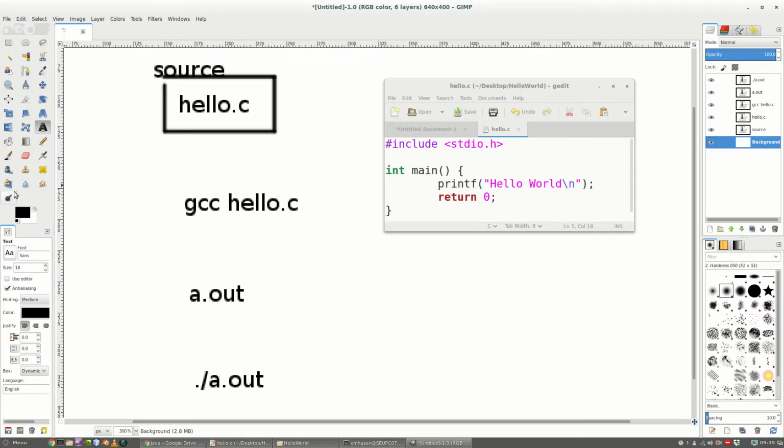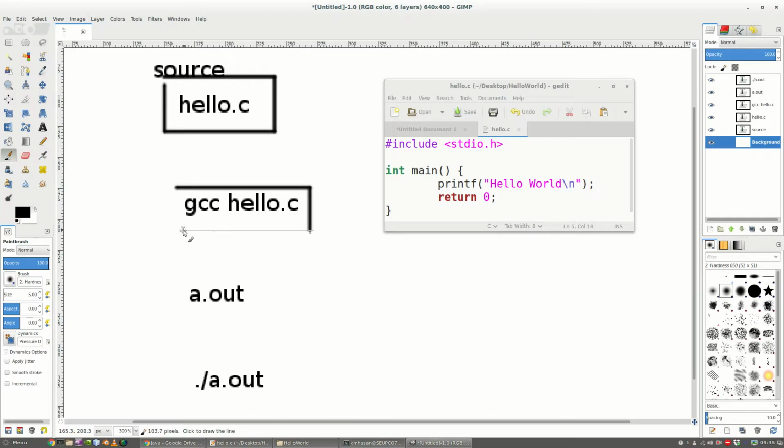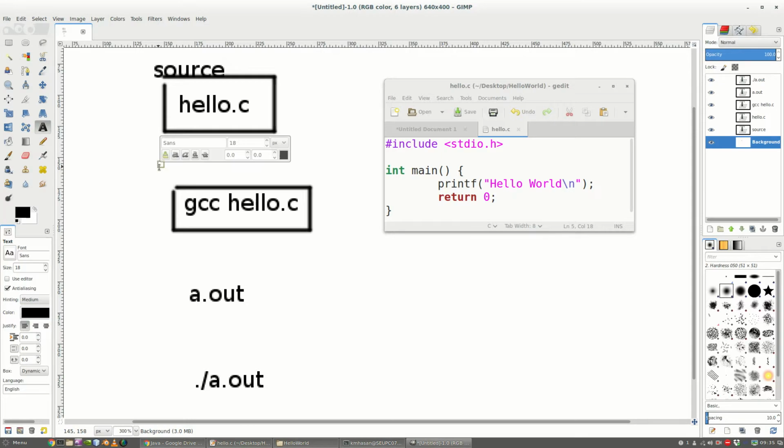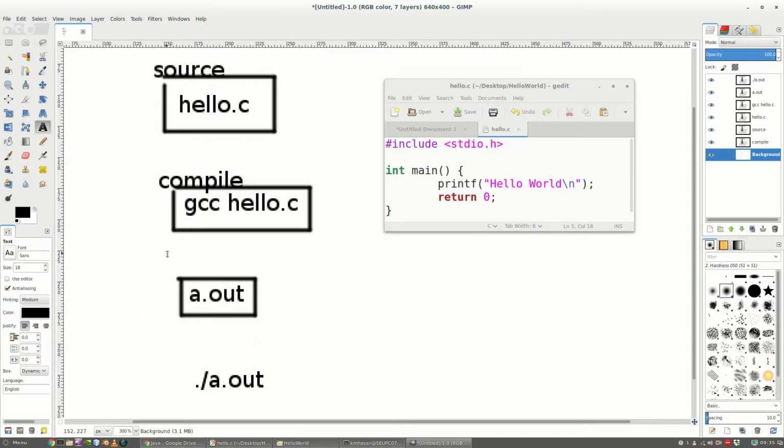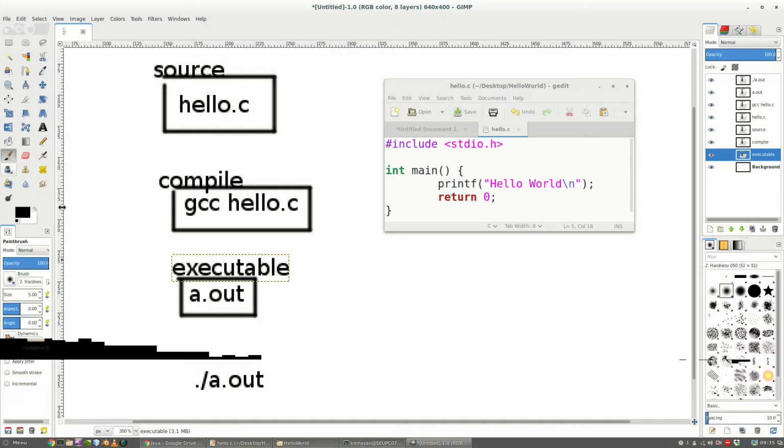And then we compile this to get what? To get a binary file or an executable file. This is the executable, and once you get the executable,